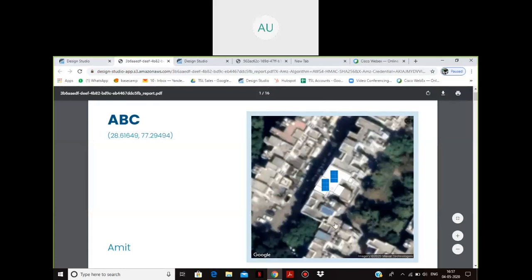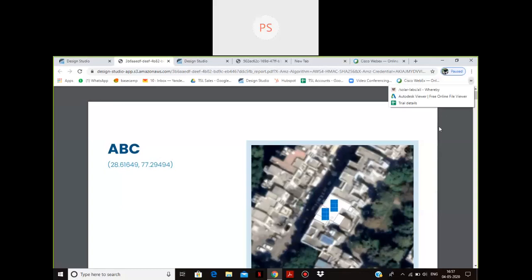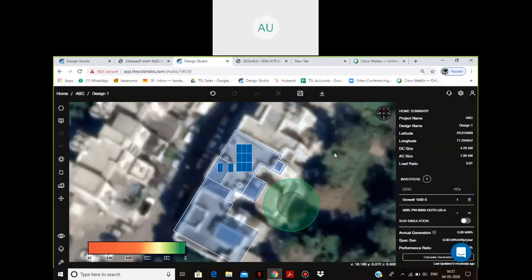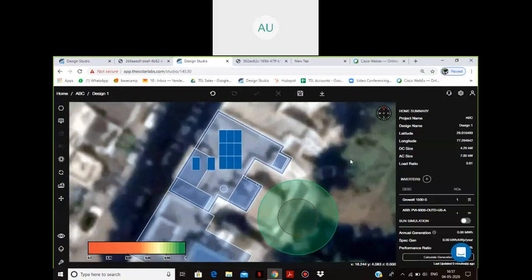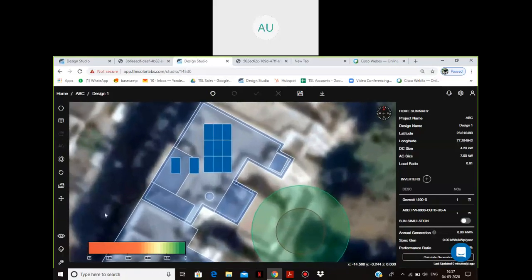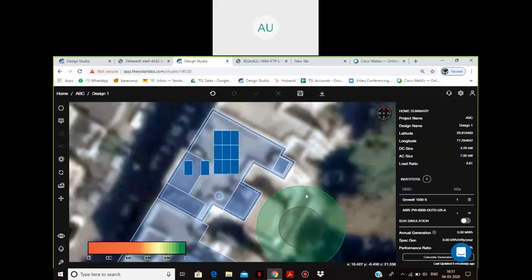So yes, about the report, we had a report. If you have any doubt in the report, you can ask me. I have one question regarding the SLD. Can we have a detailed string calculation in it or not? No, right now you can't have a detailed string calculation, but you have an option to set it according to your needs in that particular SLD. We are working on optimizing the strings as well, so that's in the pipeline. It's also being undertaken.